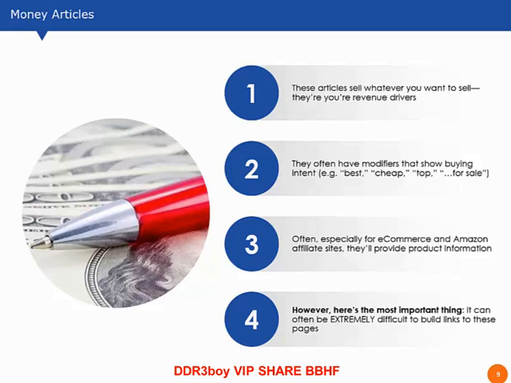For my shaving site, these were the articles that had big product comparison tables and got people to click through to Amazon. These are also the articles, especially for niche sites, the types of sites that we like to build over at nichepursuits.com, that have really strong buying intent modifiers. So for a product type site, it might be like best or cheap or top, or for an e-commerce site, it might have a modifier like for sale.